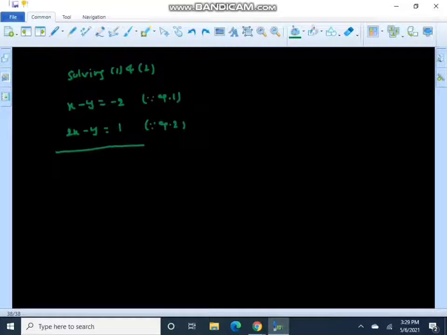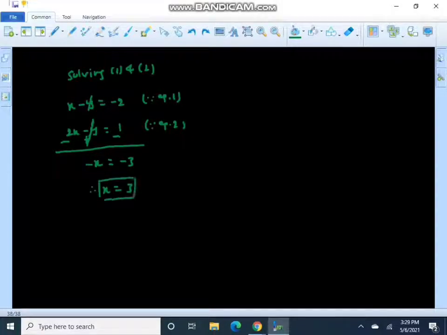Okay, now already the terms involving variable y are equal. Since the signs are equal, we will have to take opposite signs, so we will change the sign of each term in the second equation. So plus y minus y gets cancelled. x minus 2x is minus x, which is equal to minus 3, and therefore x is equal to